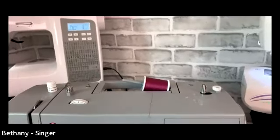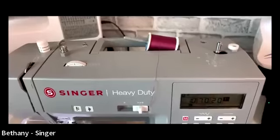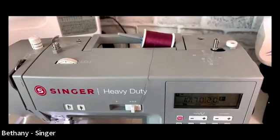I just want you all to be able to see, and we get this right the first time, because I only have one empty bobbin here in my studio right now, so I want to make sure you get it really well. Okay. Now, one thing to note is the direction that you thread your machine is a little different